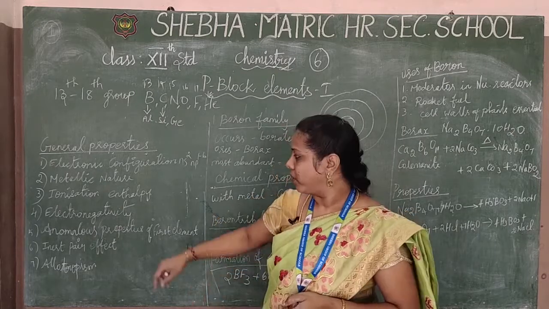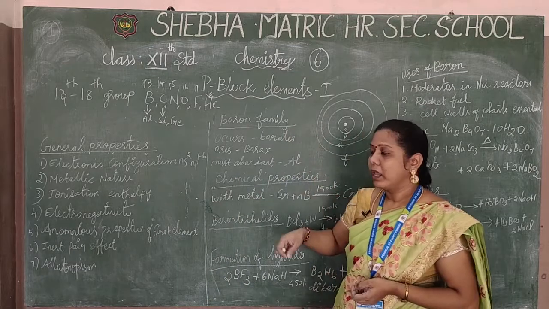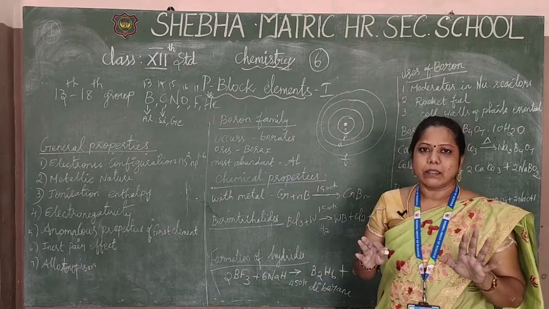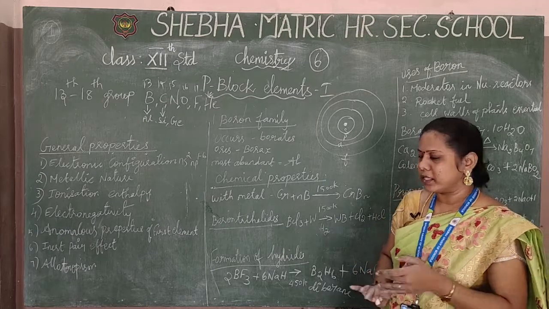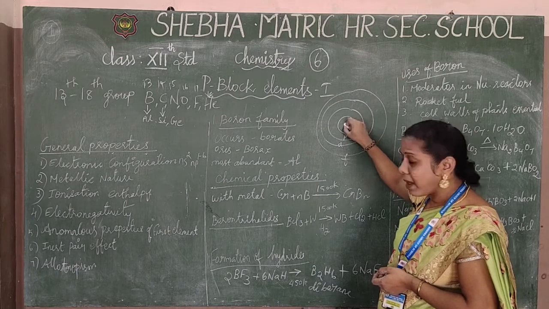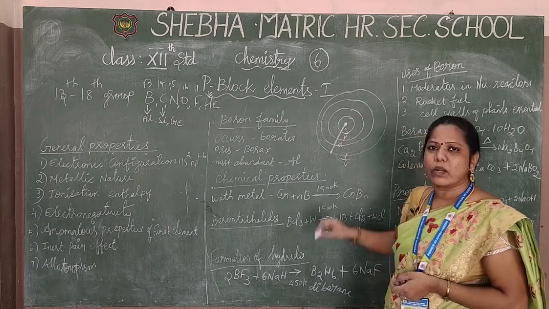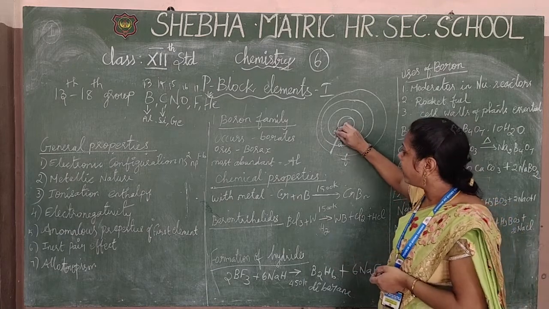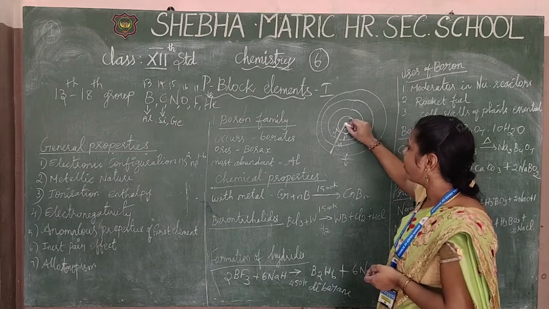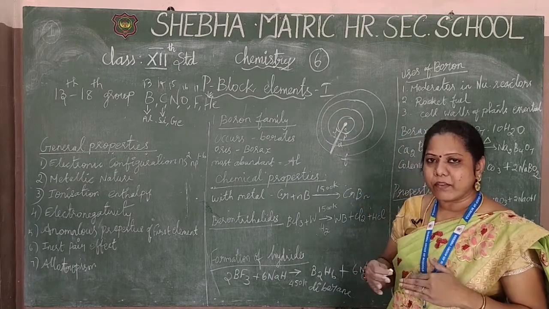Okay. And then I want to explain what ionization is and how to find the energy level. I am going to explain in a simple way from this structure. You have to consider this as a circle, that is a sphere, whatever it is. That is the atom. In the atom, from the nucleus to the last orbital, this distance, what do you have to call it? Radius. Okay, so in this radius distance only, we will find the energy level.